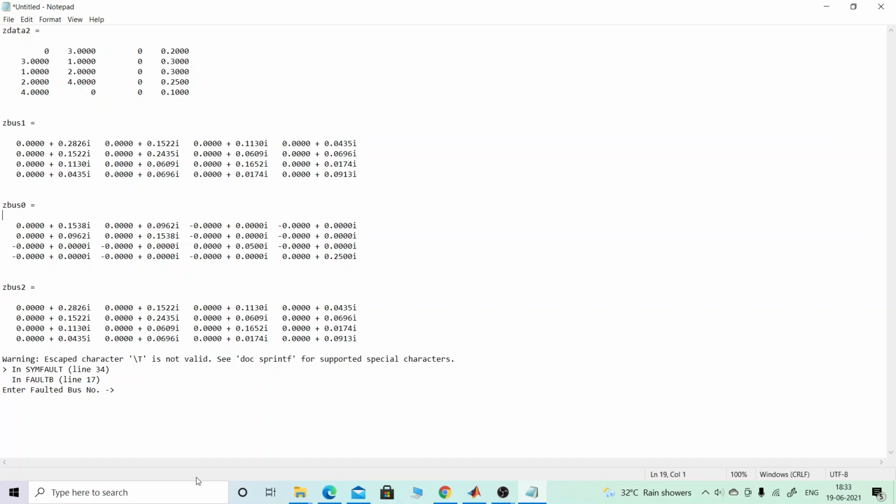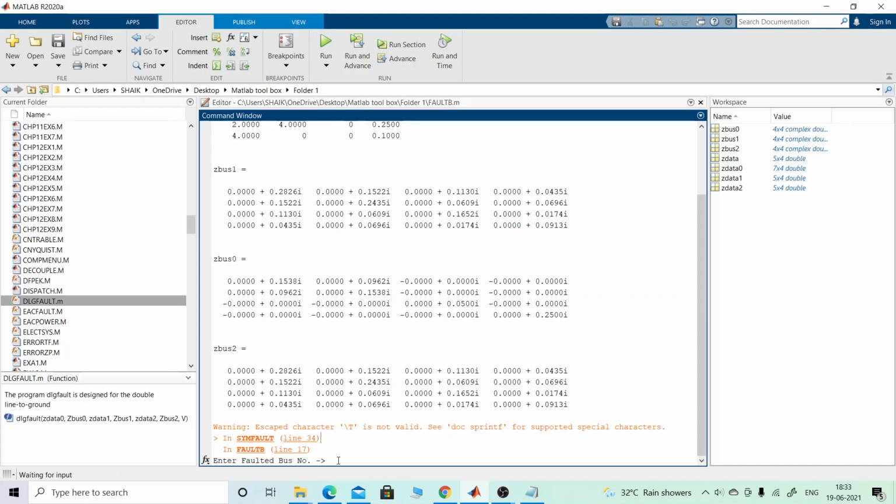So I go to MATLAB here. Here, enter the fault bus number: 1. In the problem, it is asked to solve at bus number 1. So I press bus number 1, then press enter. It shows the fault impedance, but the problem is given as a bolted fault. Bolted fault means ZF is equal to 0. So press 0 and press enter. So you can see the values there. The total fault current I copy from this one.